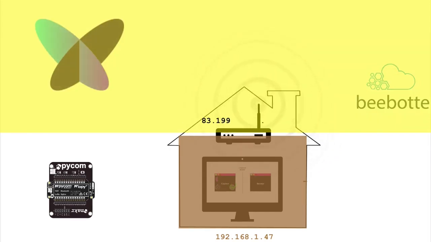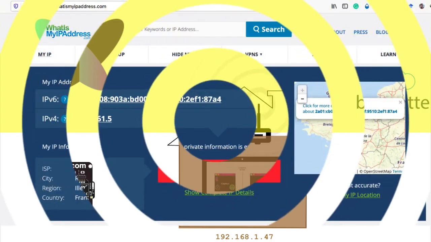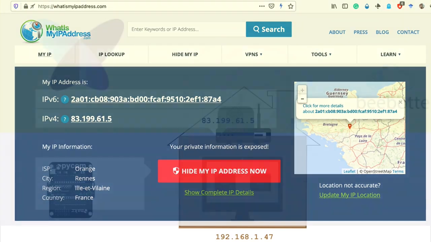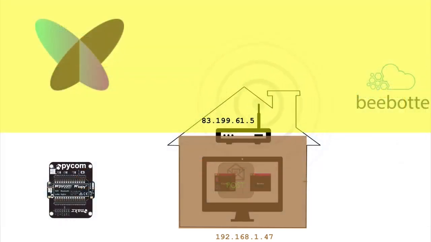So two things are necessary. The first is to know the public address assigned by your internet provider, because that's what we'll need to configure in Sigfox. To know our public address, we'll use a website like whatgivemeipadress.com. The second thing to do is to configure your access router so that data coming from Sigfox reaches your